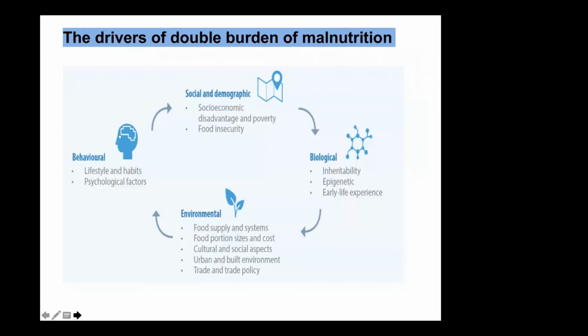So those are all the causes. Now we can look at the 4 different levels. If we look from the social and demographic side, the socioeconomic condition, for example poverty, is very much linked to undernutrition, and also to obesity and overweight. There are also some studies that say it is linked to the double burden of malnutrition. It's very complex how you address poverty and the socioeconomic situation, because, for example, when we collected the data in Bangladesh, the households said they were very poor and couldn't afford nutrient-rich food.